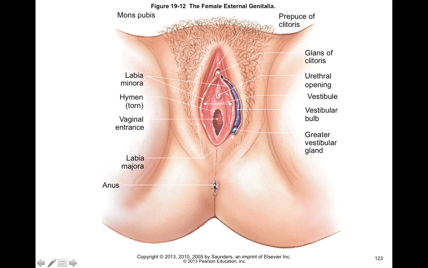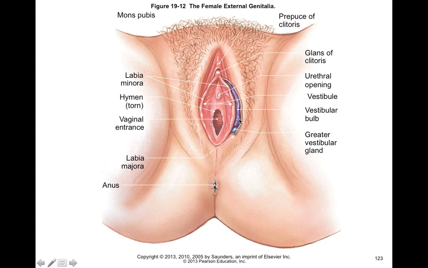Then medial to that, we find the labia minora, which is a non-keratinized stratified squamous epithelium. When the labia meet, they form this clitoral hood, and that has the clitoris here. Now, the clitoris is analogous to the male penis because it's made of erectile tissue. During sexual excitement, the clitoris will engorge with blood, and it's also a more sensitive structure of the external genitalia. Inside of the labia minora, we also find this vestibular bulb. The bulb of the vestibule is also erectile tissue that will engorge with blood during sexual excitement. This one's analogous to